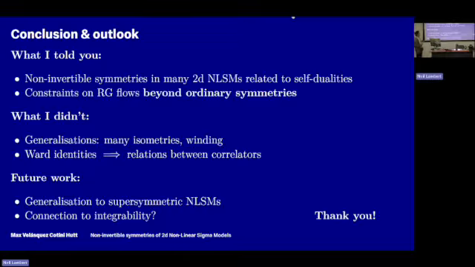It's a non-invertible. In particular, this construction generalizes when you have many isometries in the target space, and also to consider winding symmetries. Like in the compact boson, you have U(1) momentum and U(1) winding. I gauged some subgroup of momentum. You could ask what happens if you gauge some subgroup of winding, or some subgroup of both. There's an extension of that to the sigma models as well.